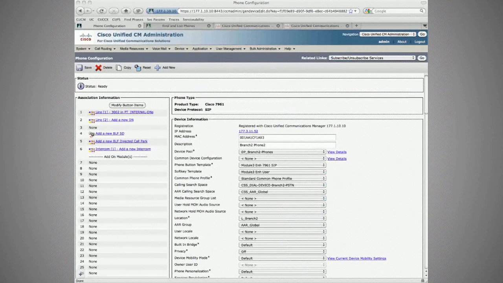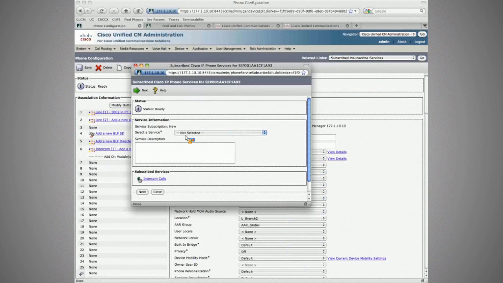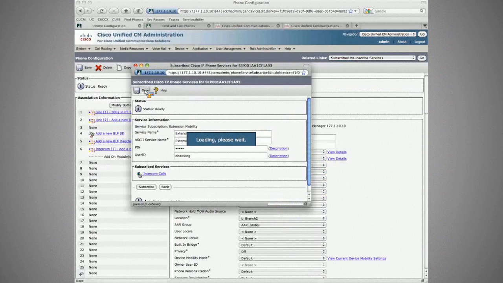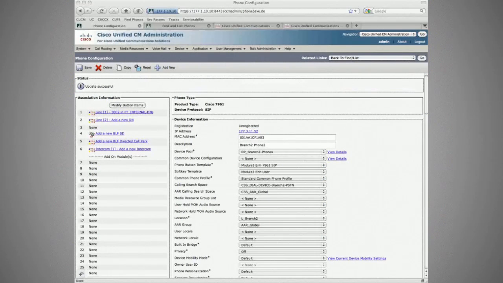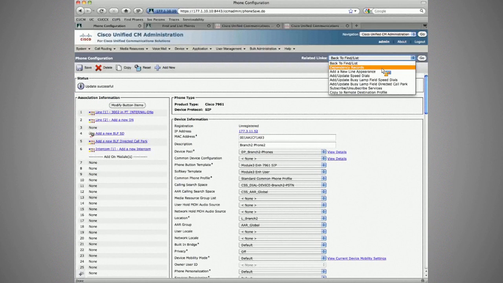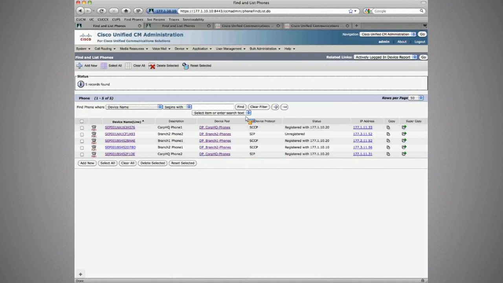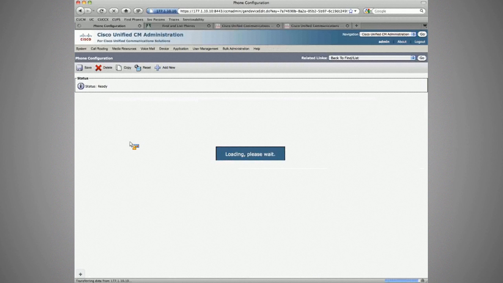So we need to subscribe to a service. Save. Set, restart. And then also branch 1, phone 1. We